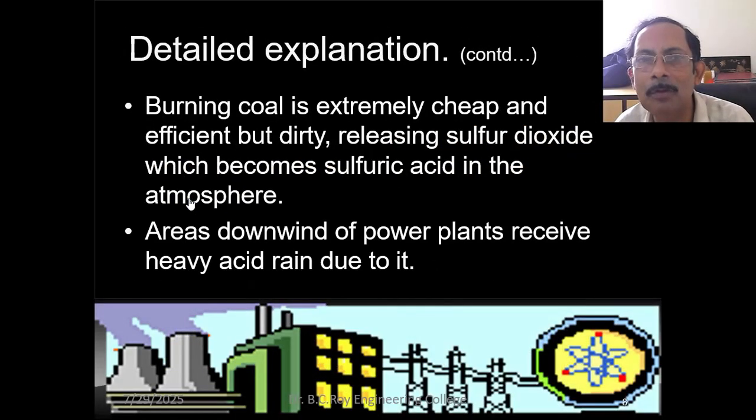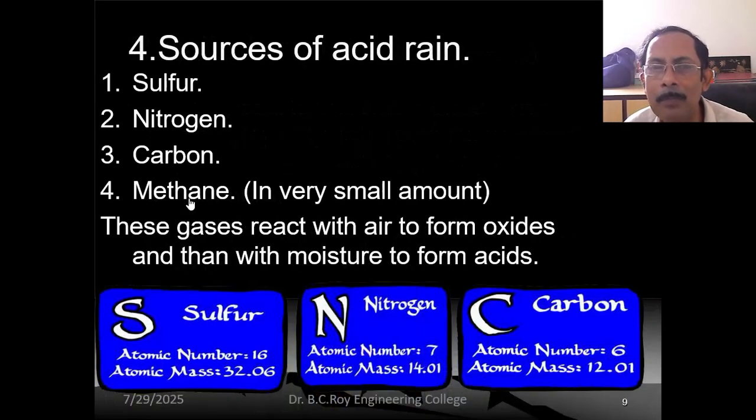So burning of coal is a major contributor. Burning coal is extremely cheap and efficient, and that is why people prefer it, because coal is the cheapest material. Another thing, coal is abundantly available in some places. For example in India, coal is available directly from mines, but petroleum products you always need to purchase, which is not available much in India. So in that scenario, coal is found to be the most popular fossil fuel as a power plant raw material.